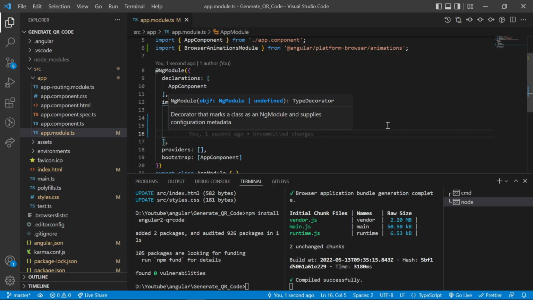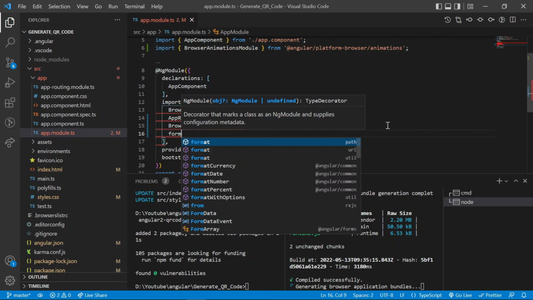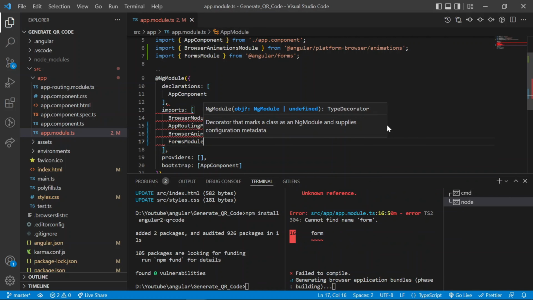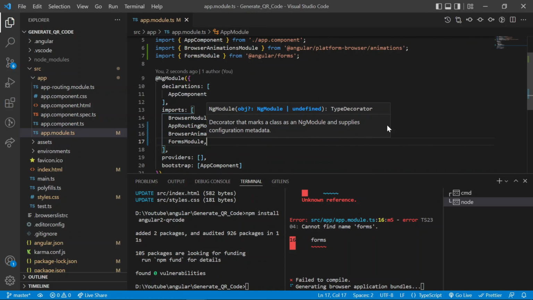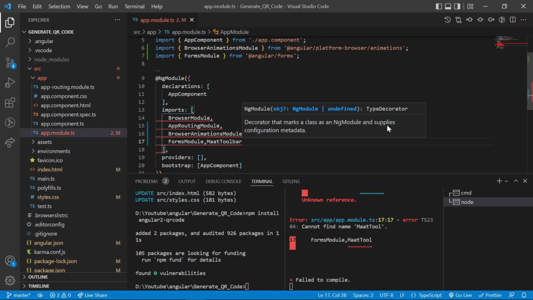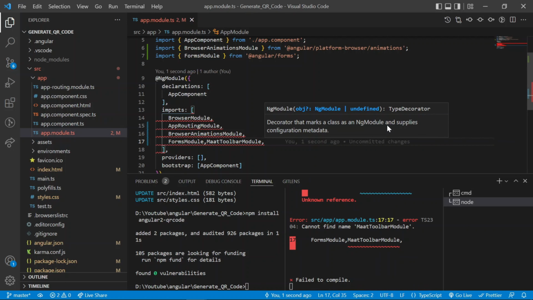First is FormsModule, then MatToolbarModule, and the last one is QR code module.